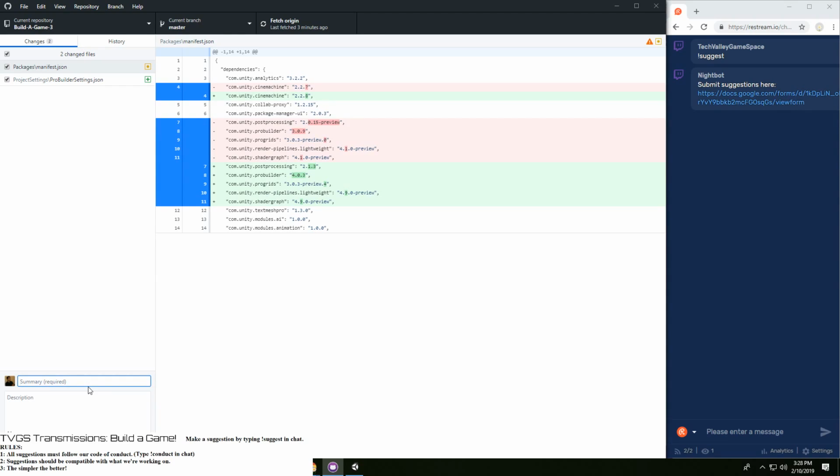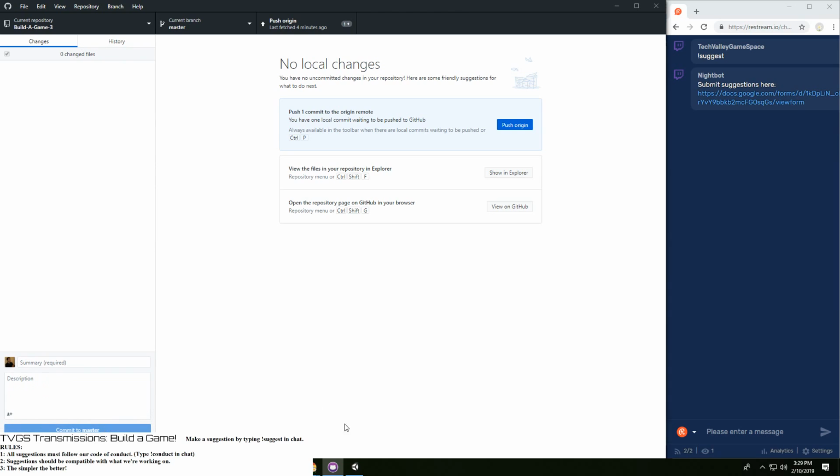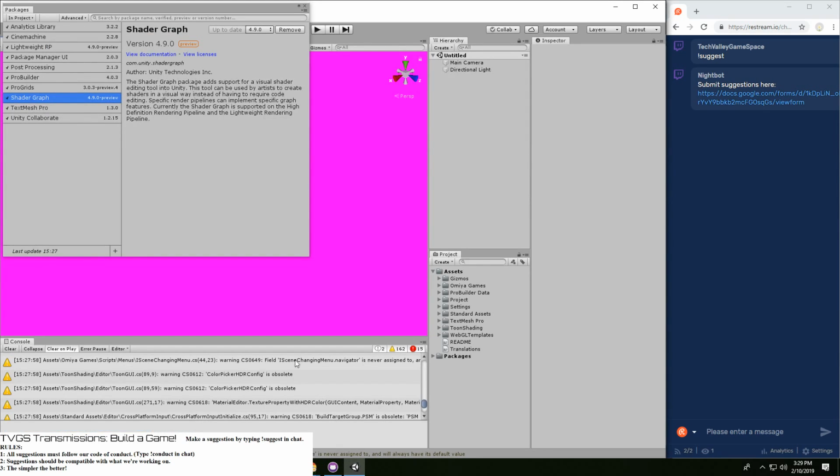So in this case, we're going to say updated all the packages. You want to provide as much detail in your commit messages as possible, because that's going to help you figure out at what point back in time you want to revert back to.